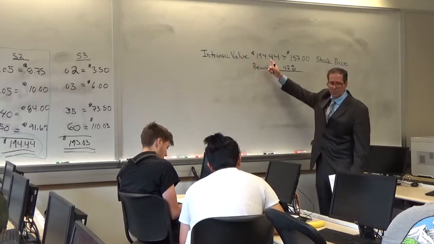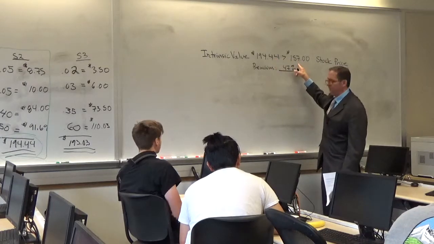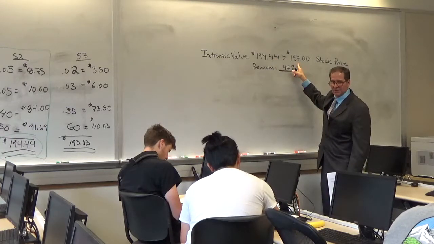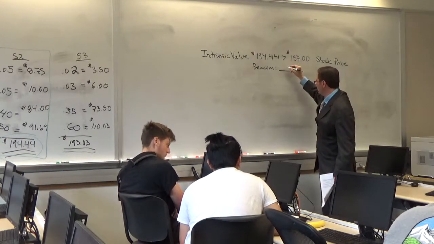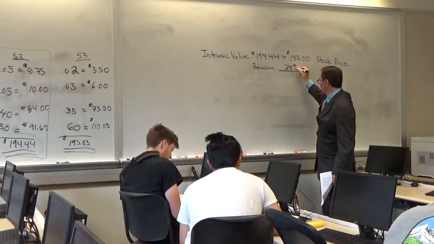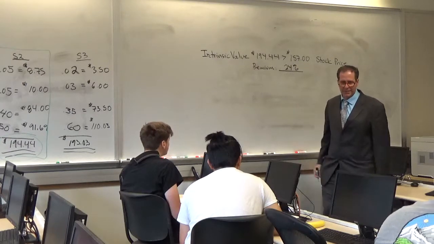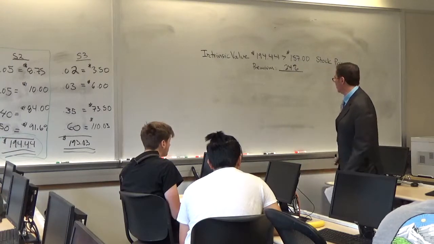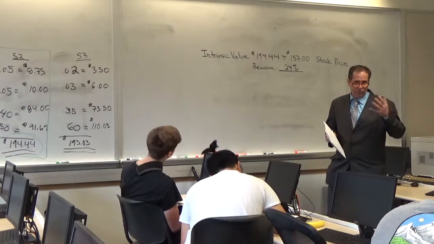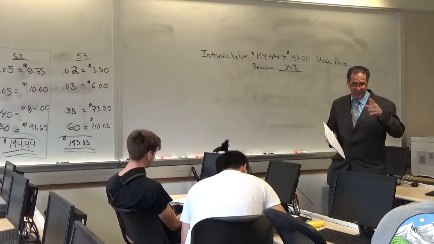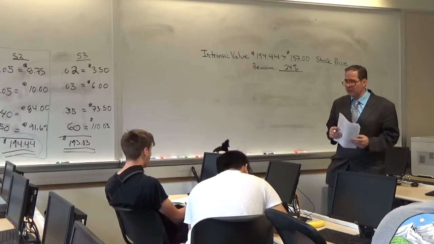Okay, just do this. What's 194.44 divided by 157? 1.24. 24%, right? Boom. It's the easiest way to do it. So 24% premium. Now that premium is right around 20%, which is, do you think a stock price could